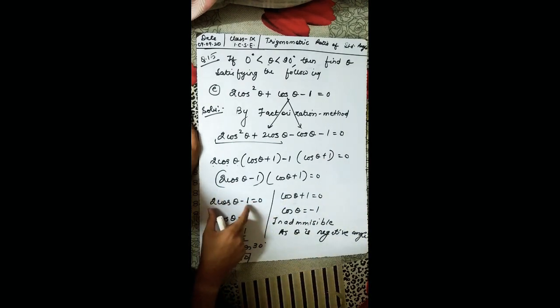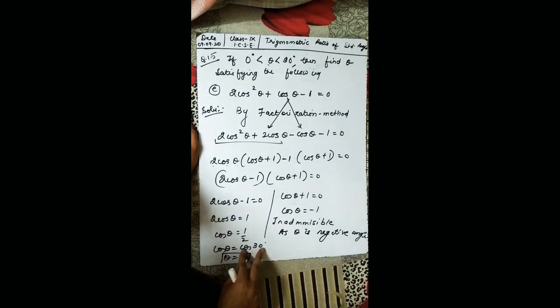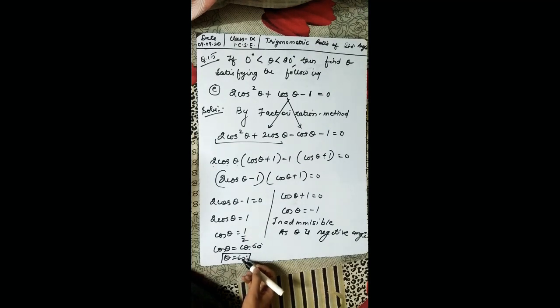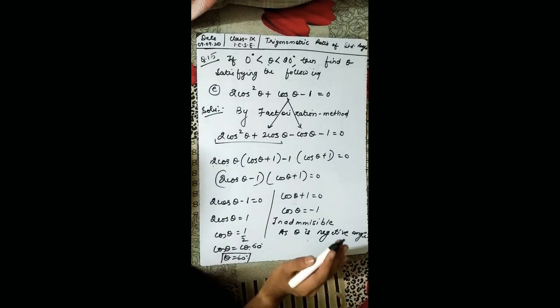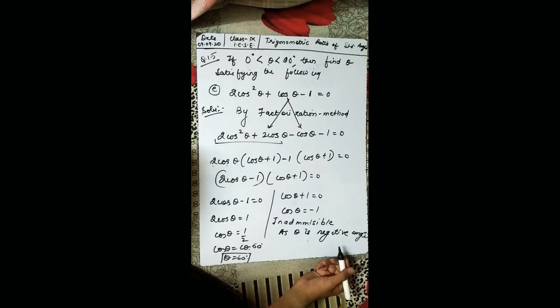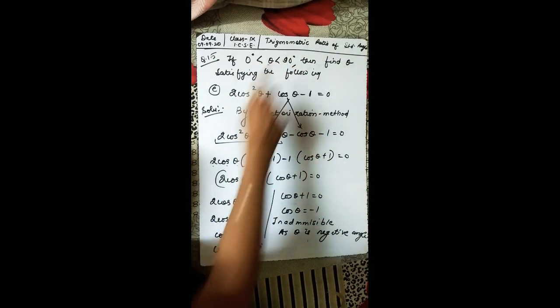So putting this equal to 0, so take 1 that side, 2 in the denominator, half. When you get half, that is on 60 degrees, sorry. So 60 degree. So cos 60 degree, you have theta equal to 60 degree. And if you put this minus 1, this is inadmissible which we cannot add in our solution. Why? Because the theta is coming negative angle. So till now we haven't studied about the negative angle, so this is inadmissible for us because the theta lies between 0 and 90.